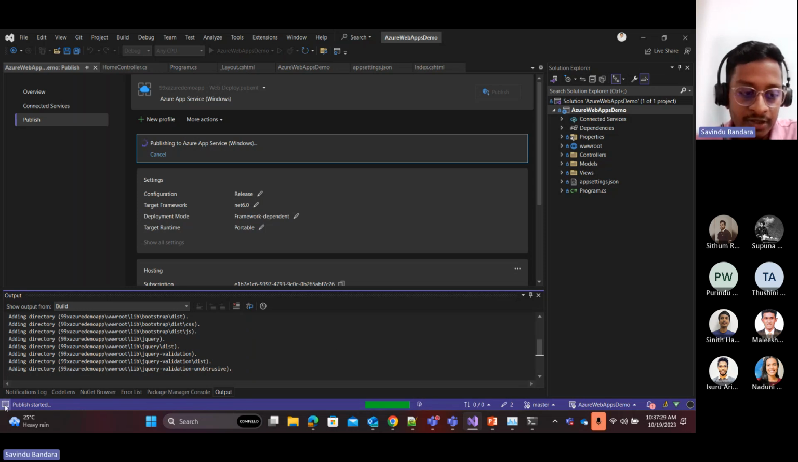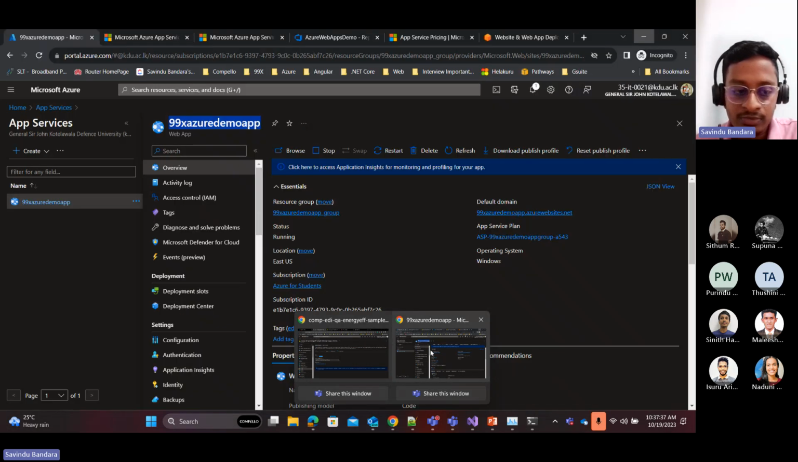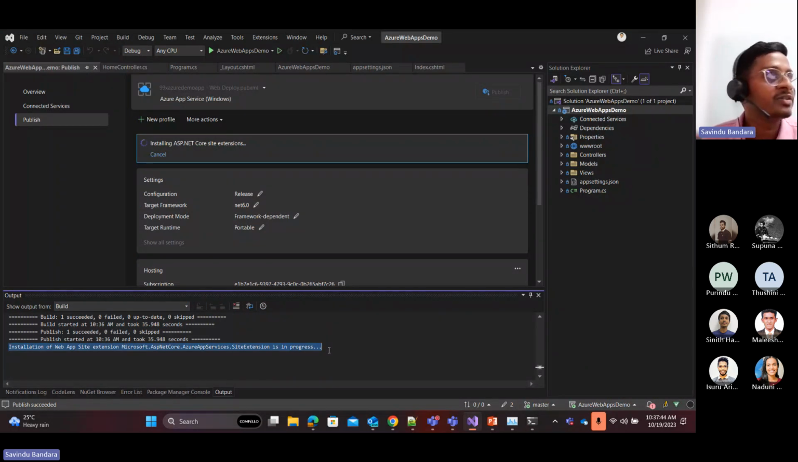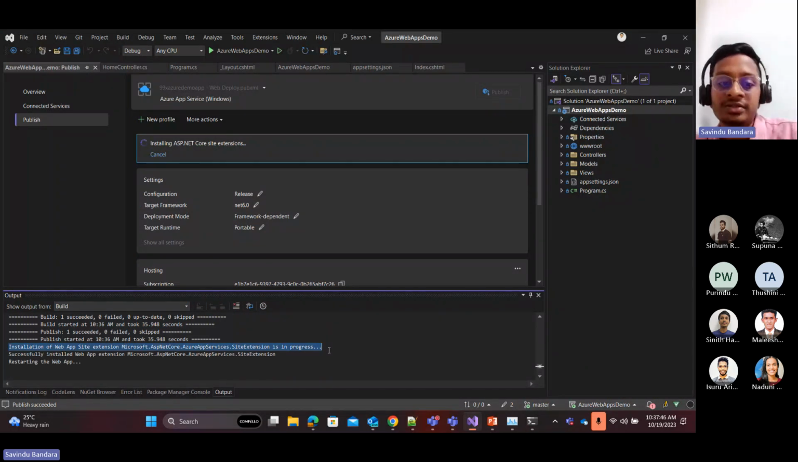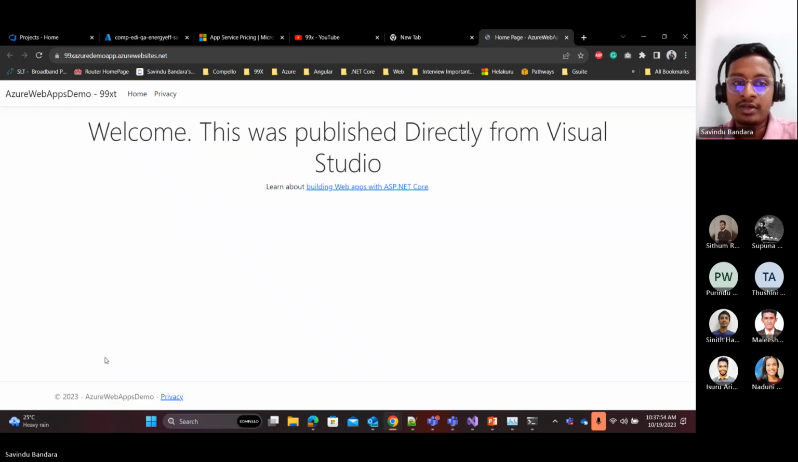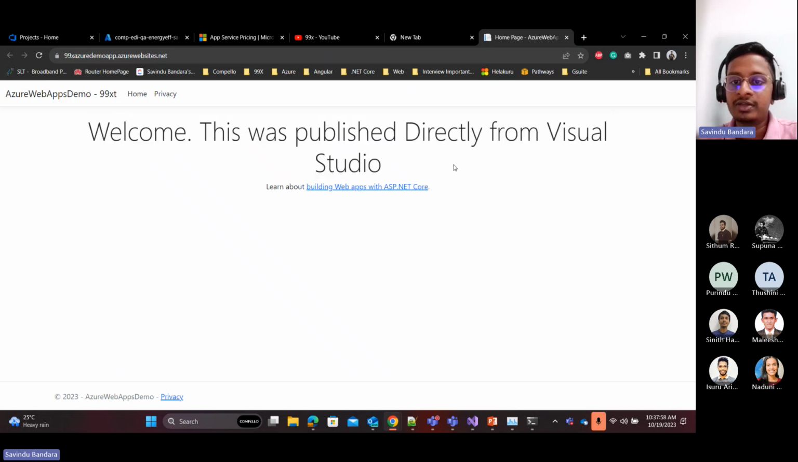So it is still publishing. Yeah, you can see the web app published successfully. I think it will do some more processes, and it will again restart this web application automatically. You can see it restarted the web app since we deployed it the first time. So this is the URL, and we have successfully deployed that resource